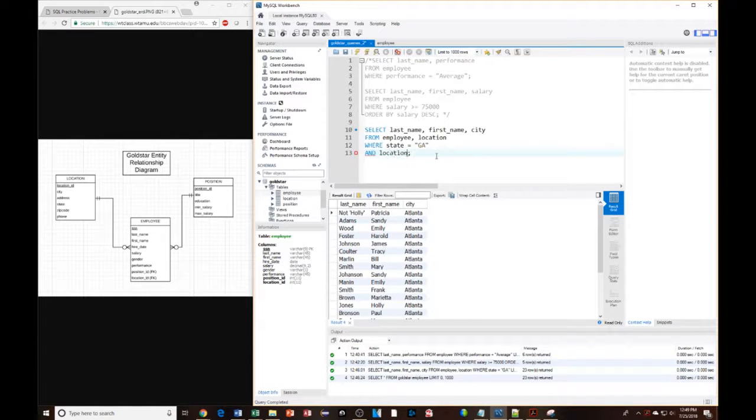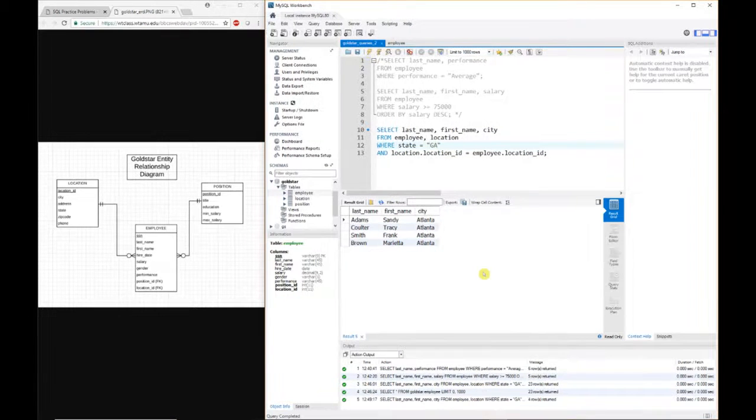So location.locationID is equal to the foreign key employee.locationID. So we've set the primary key equal to the foreign key. Let's rerun the query. Now you can see that we only have 4 records returned, and it's more likely that